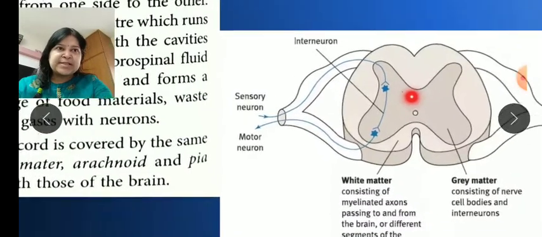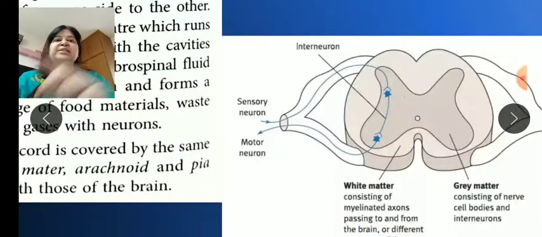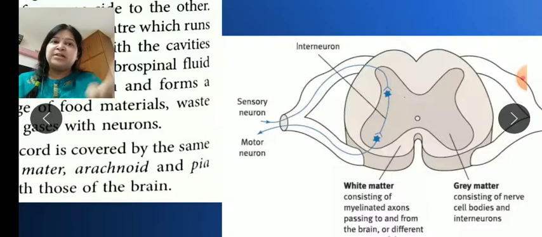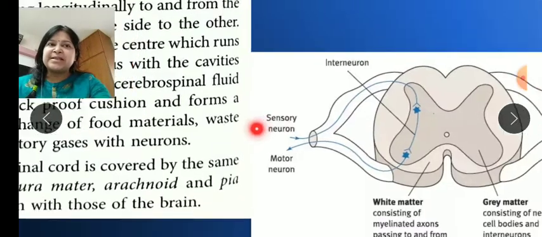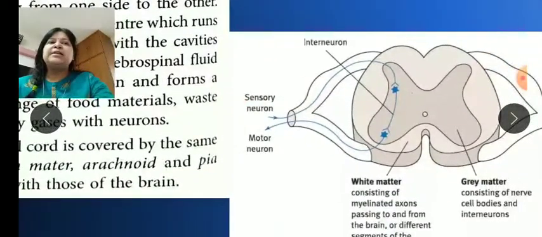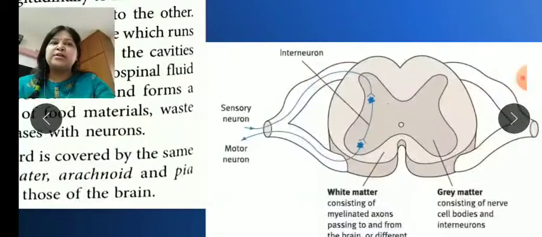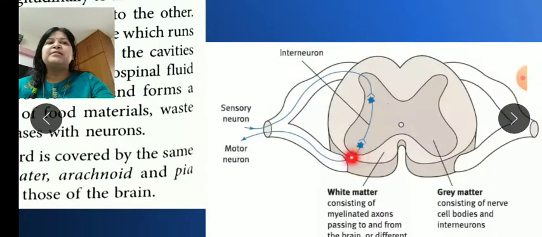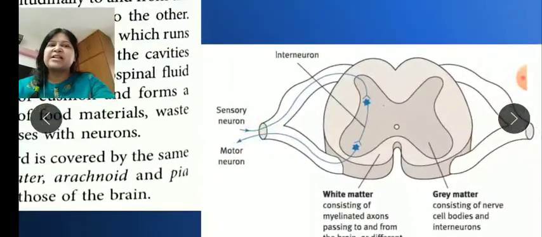Okay, so in the same diagram you can see the reflex arc that we learned in class 8. In a reflex arc the stimulus always arises from the sensory nerve, and it goes to the area of associated interneurons, and then the signal is conveyed by the spinal cord in the form of motor neuron impulses. So you can see this is a reflex arc.